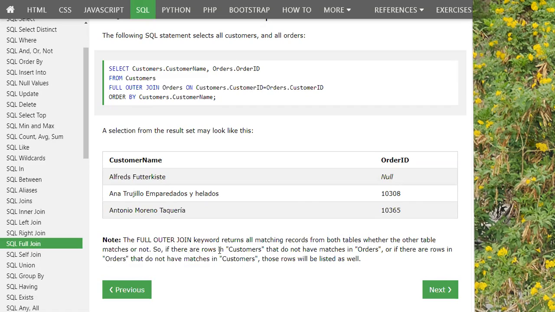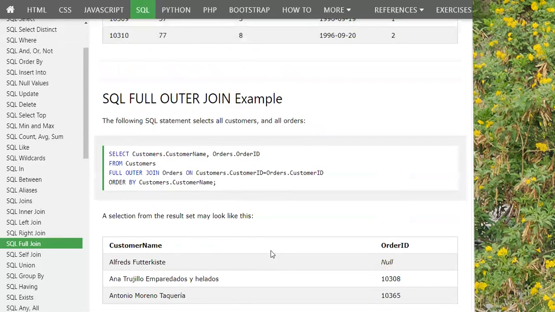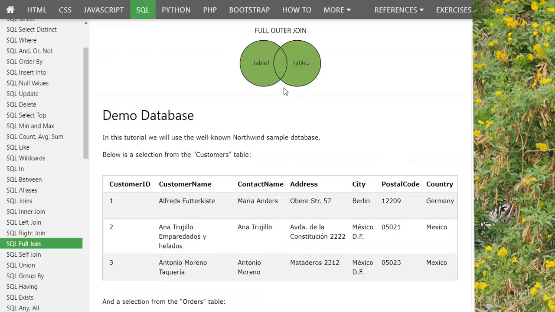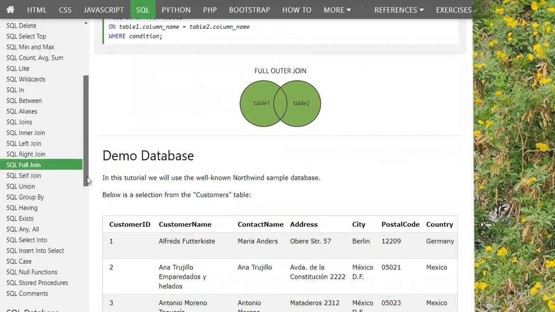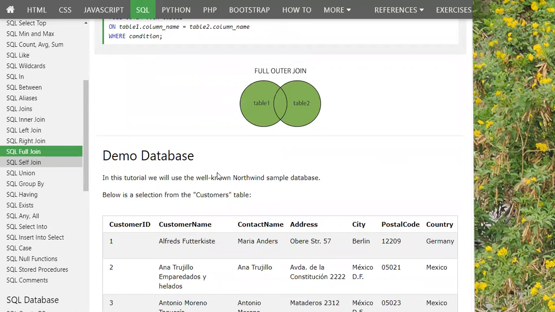If there are rows in customers that do not match with orders, or rows in orders that do not match with customers, those rows will be listed as well. This is very clear from the diagram itself. These are the matched values, but it will also display the outcome of the left outer join, that means unmatched values of the left table and also the unmatched values of the right table. Now going to the left self join.